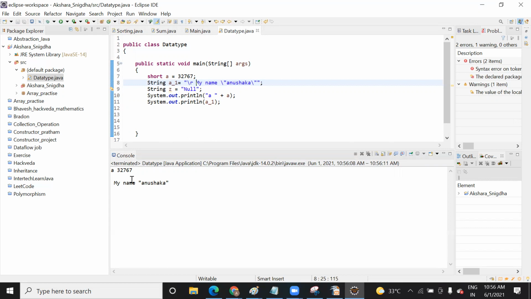It brings the carriage to the start of the line, and that's why the text is coming there and you can't see it. Let me remove this slash.